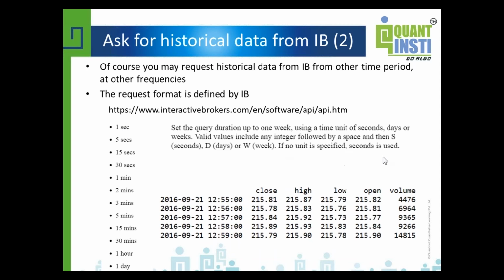If you don't specify it, seconds will be used. Here is an example. If I ask for minute data, you will see that the first index column shows minutes already, and then 5 columns: close, high, low, open, volume.